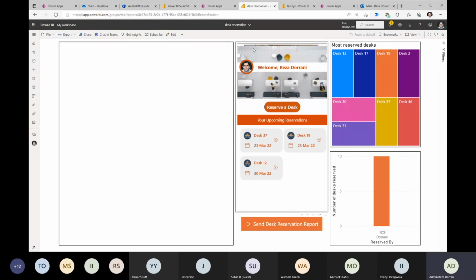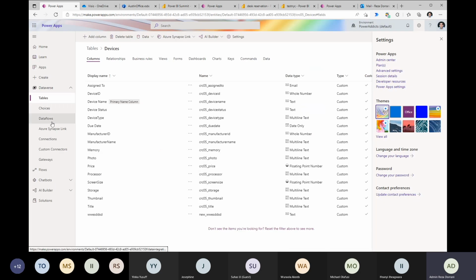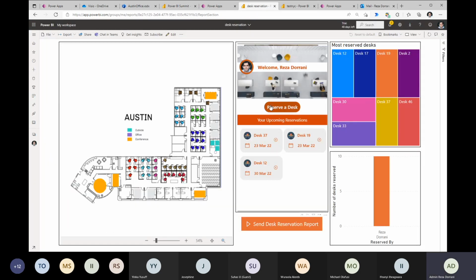Second, I have a Power App, and this Power App uses a data source which is premium. Microsoft Dataverse is a premium data source. SQL is a premium data source. So if you have premium data sources that you're connecting to in your Power App, I need a Power App premium license as well. So in this case, the user needs a Power BI license, a Power App license, and